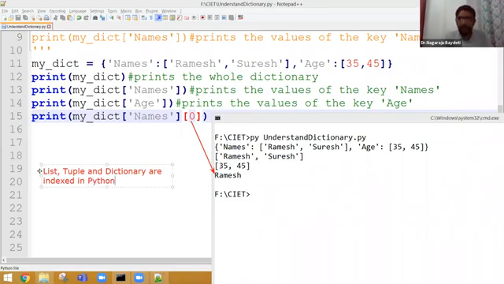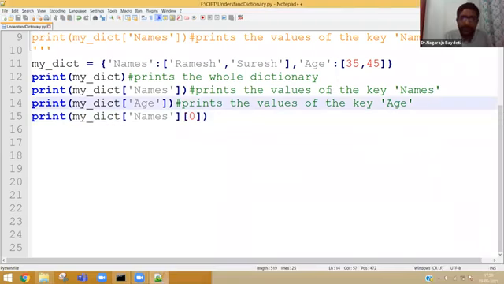Now, some participants are asking me whether dictionary is mutable or immutable. I leave it to you guys. Please go and try to change the values and try to change the keys.